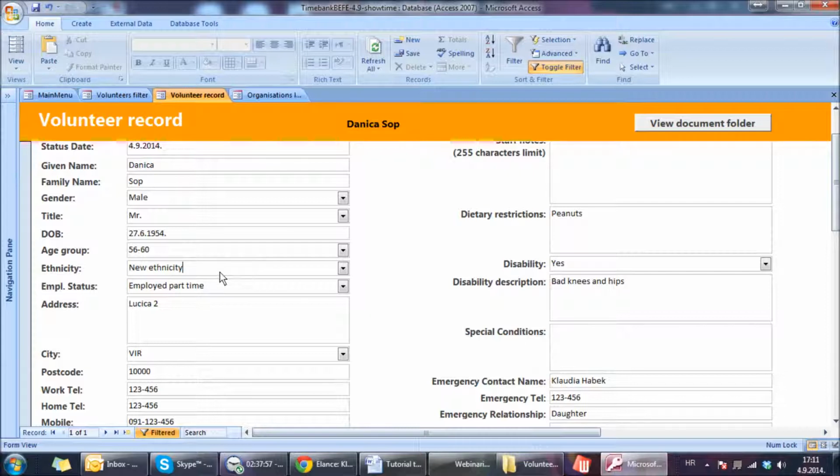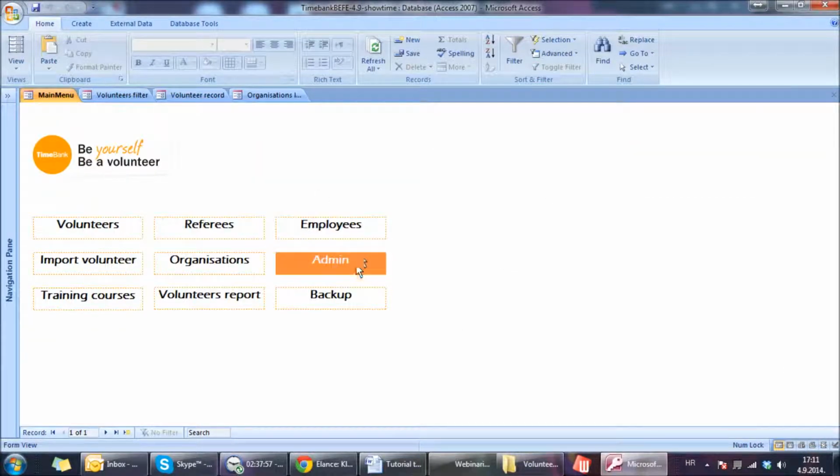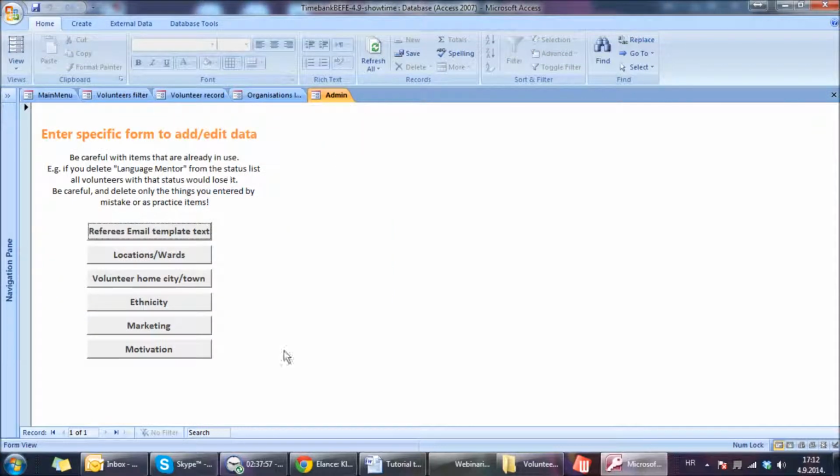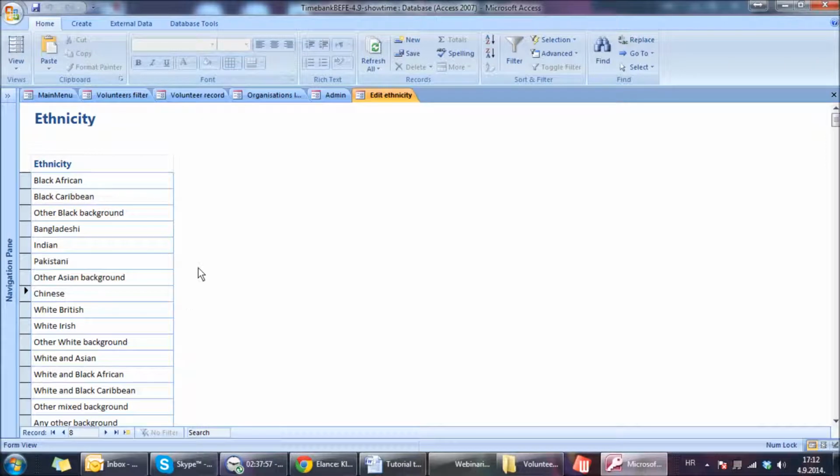But of course, this new ethnicity was just for a test. How do you get rid of it? Not so easy. It is easy to add items on the list, but to edit or to remove them, you need to have special admin permission. You go here to the admin panel. If you are authorized, you will write in the password. Go inside the ethnicity table